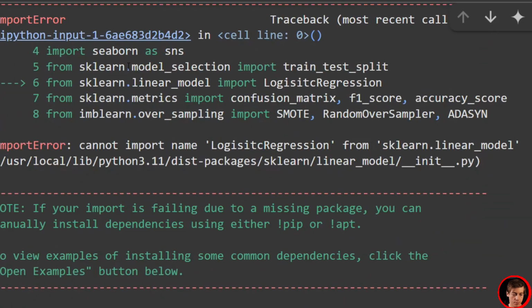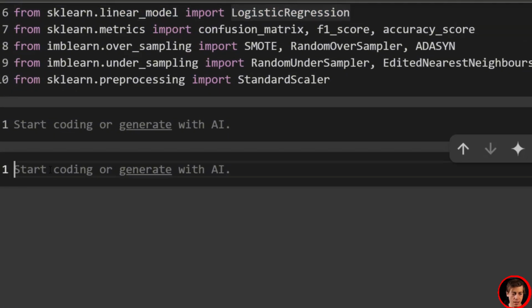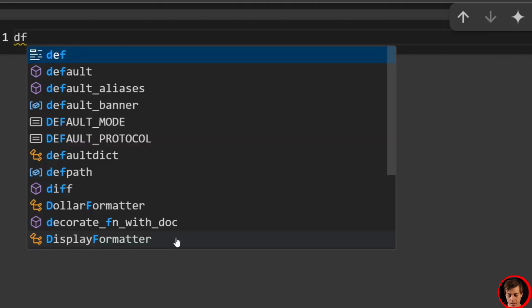Of course, I misspelled logistic regression, and it failed because I misspelled logistic regression. That's all right. Good start to the video, right? And yeah, let's get going. So what we're going to start off with is loading in our data set. We'll say df equals